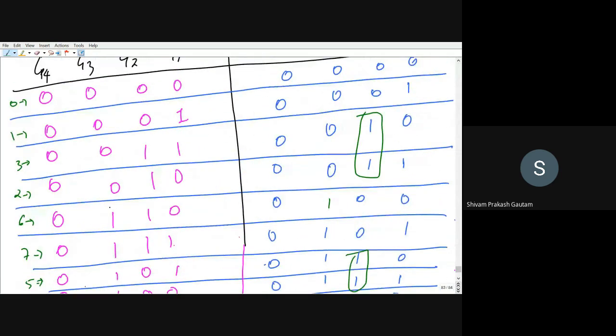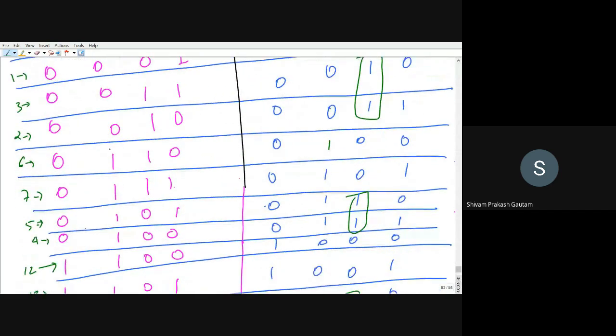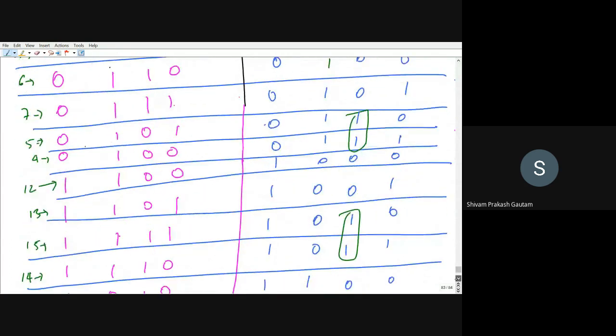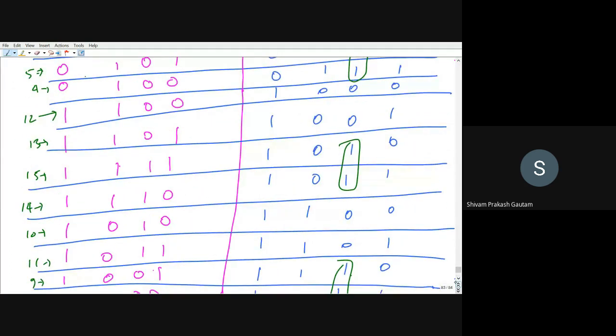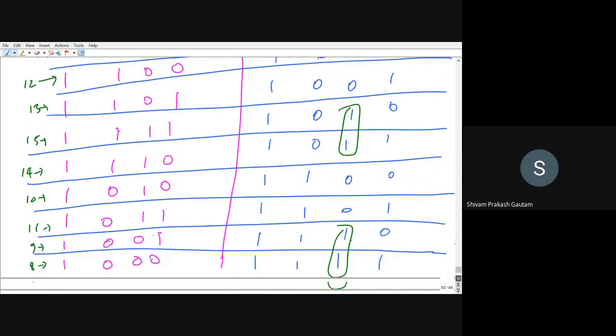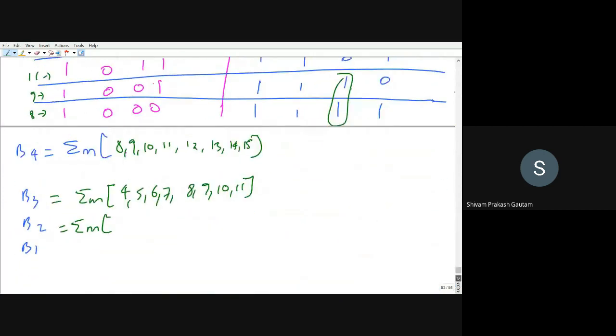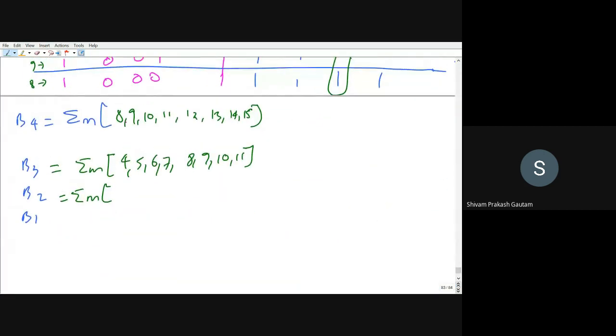Here it will be 2, 3, 4, 5, then 14, 15, 8, 9. So it will be 2, 3, 4, 5, 8, 9, 14, 15. Am I audible? Yes, sir.